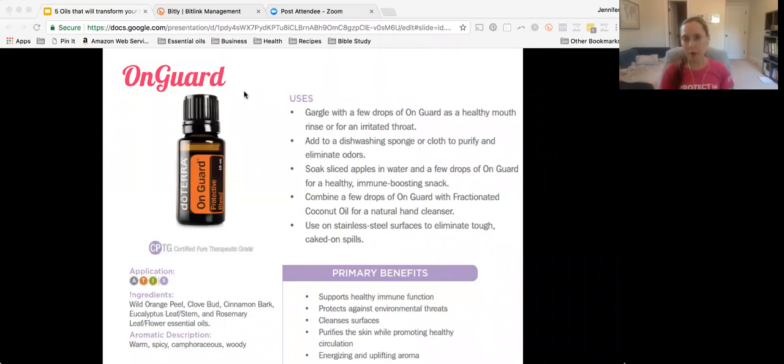Kids are coming home from school, bringing stuff home, not feeling well, getting colds, all of that stuff. You want to protect your family. And you can do that really well with essential oils, and specifically On Guard. So there are different ways to use On Guard to really promote a healthy home, healthy environment, healthy family. One is applying On Guard to the bottom of your feet every day, literally every day, for immune support and maintenance.